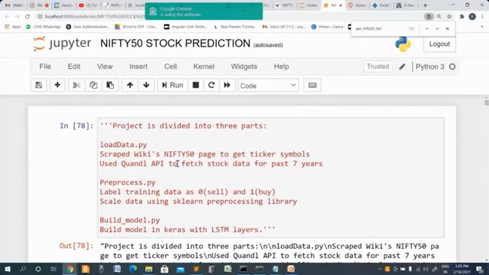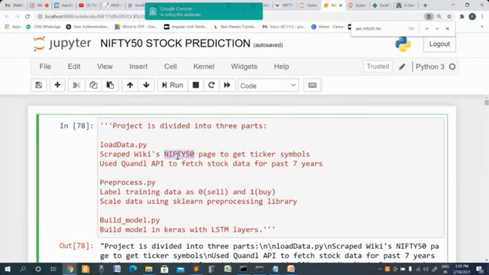That is the first step: getting the top Nifty 50. It may change, since it is dynamic. The second thing is, where do we get the stock price? There are different APIs.